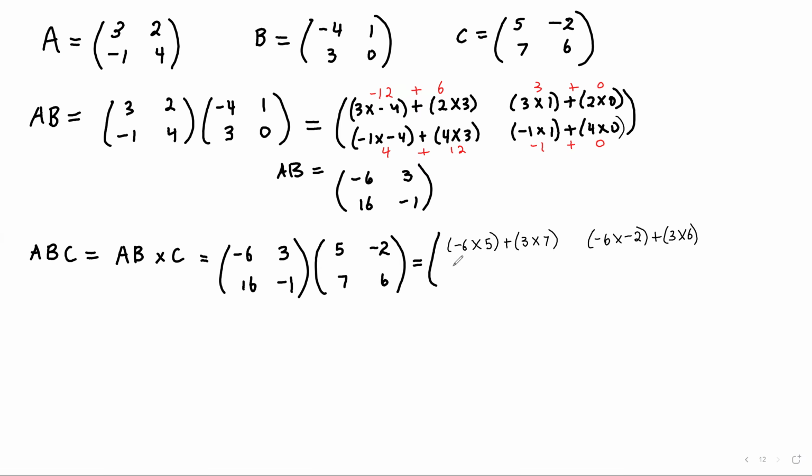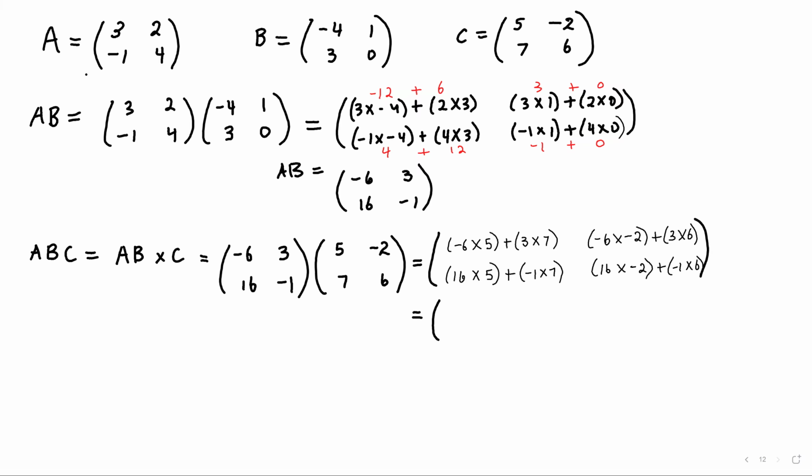And then on the bottom, I have row 2, but column 1. So this will be 16 times 5 plus -1 times 7. And then same row 2, so 16, sorry, just 16, times row 2, column 2 now, which is -2, plus -1 times 6. All right, so that would give me,